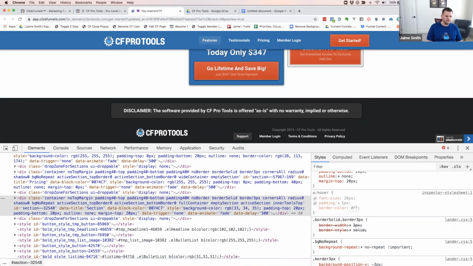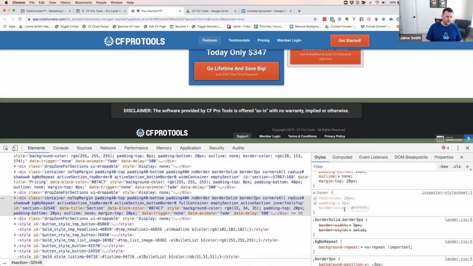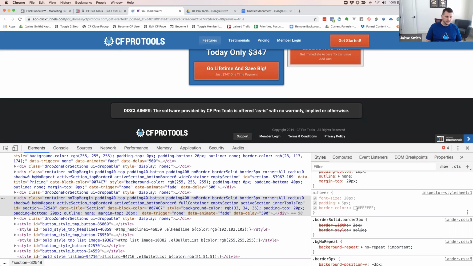So FF, FF, FF is all white. If we say border color, we have to define it. And you can see it's white here. The other end of the spectrum is 00, 00, 00, which is all black. Here we've got a border color defined. Black's not going to do us much good because we're on a black background. But if we do white,